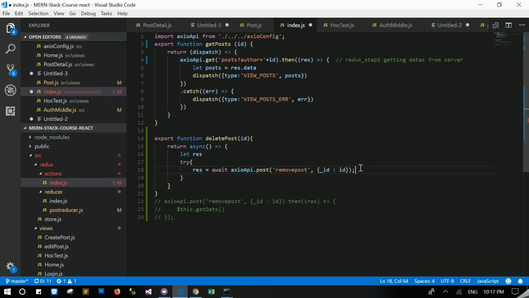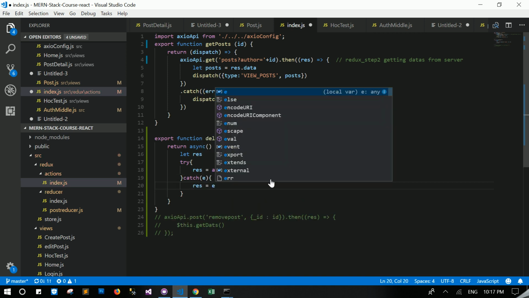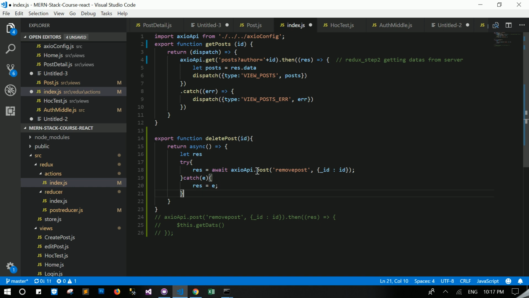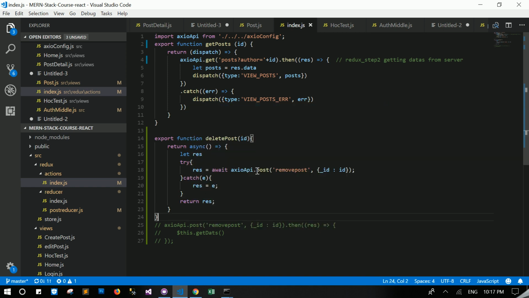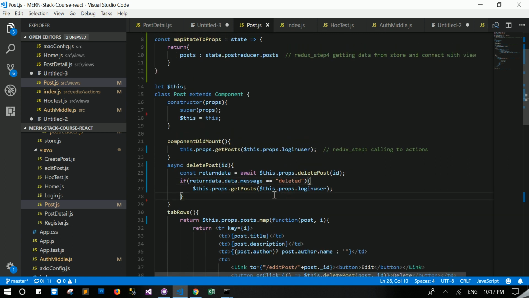Okay, that's all, and then we need to catch data. If the catch error goes to the reset, and this reset should return here. Okay, that's all, and then in the post return again and return data dot message not really equal